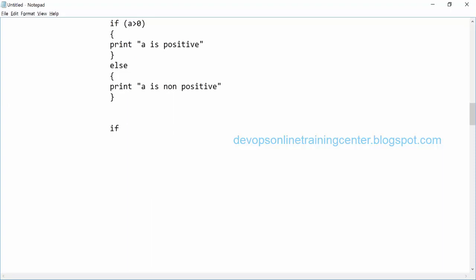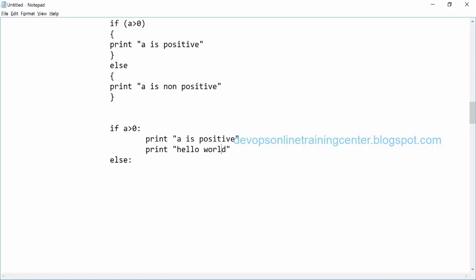So the same program, if I write it in Python, will be like this. And we use something called a colon. Then if we started here, the next statement has to start with some indent. It can be a tab, or 2 spaces, or 4 spaces, but that indentation we need to maintain throughout the script. Let us say I use a tab here, right? Then print a is positive, right? And the next line, if this block is completed, it can come here. We can write else here, and again the block needs indentation. But if we have another statement, we can write like this: print hello world.